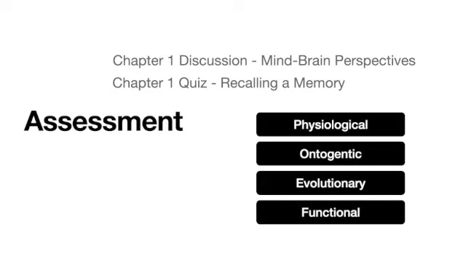So these are challenging when you think about a behavior like recalling a memory. It actually took a little bit of time for me to work out in my head what I was going to say about dancing. Still not really satisfied with my ontogenetic explanation of that, but close enough for this. But dive into those to try and get those explanations for the behavior, not just any behavior. I'm giving you the behavior, recalling a memory. Explain that behavior using physiological, ontogenetic, evolutionary, and functional perspectives.